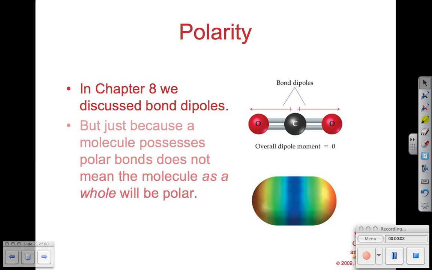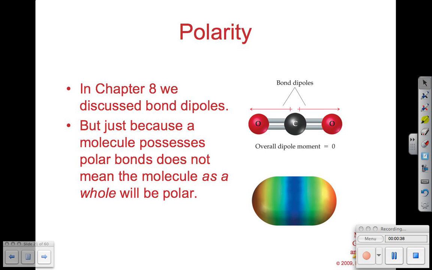All right, so now we're looking at section 9.3, looking at the relationship of polarity when it connects with the geometry of a compound. So in chapter 8, we looked at dipole moments and how you can have dipoles among individual bonds between atoms. But just because two atoms might have a dipole between each other doesn't mean that the overall molecule will be